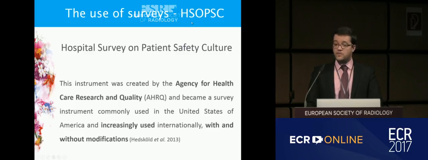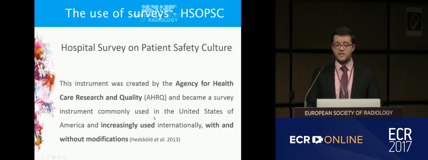And I've worked with this questionnaire. It's one of the most broad questionnaires regarding patient safety. This is the Hospital Survey on Patient Safety Culture. It's created by an American organization. It's free to use. We can all look at the site of this agency and see what they have been developing. There are some validated surveys in other languages, for example, Spanish,